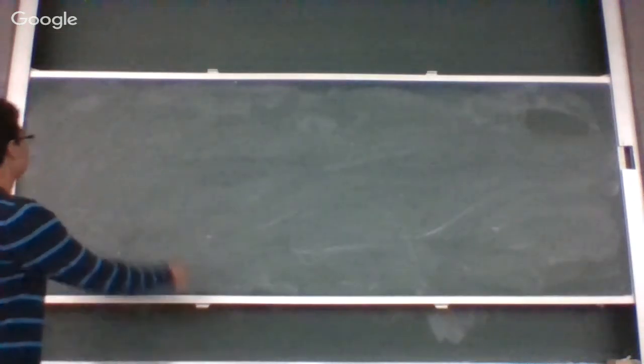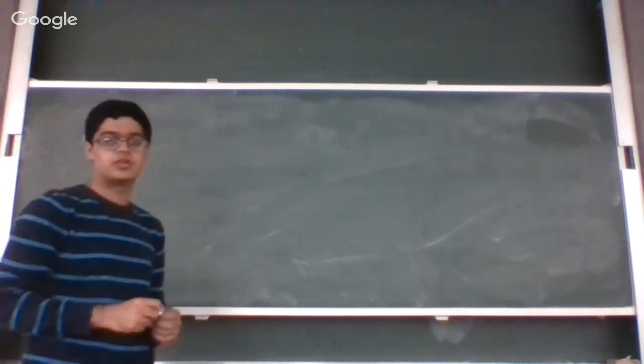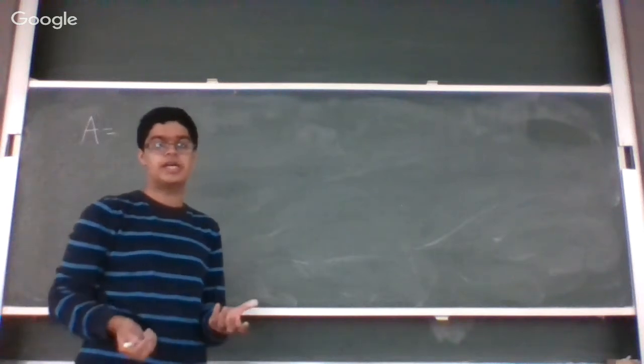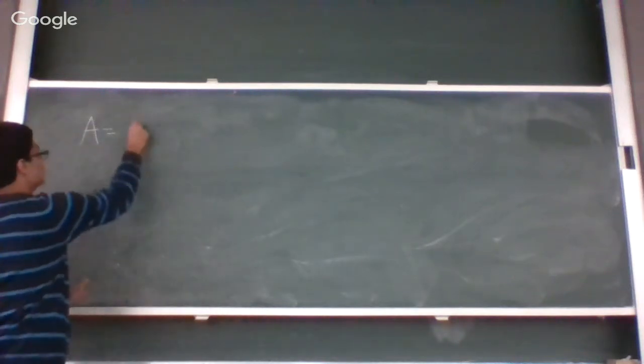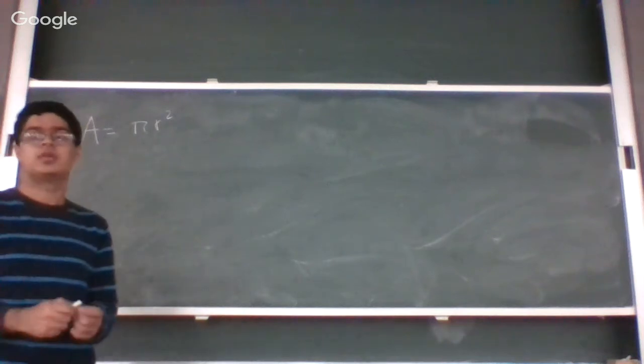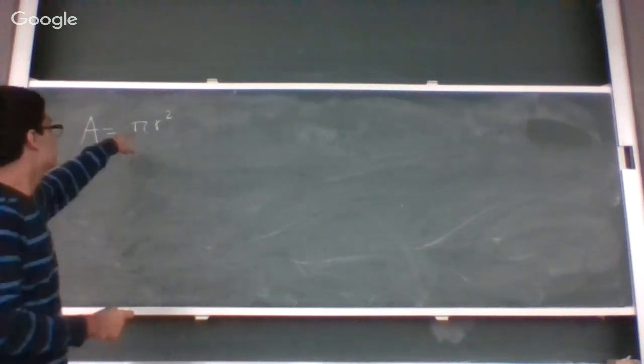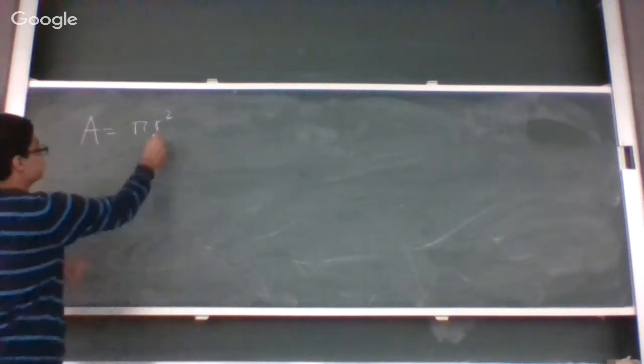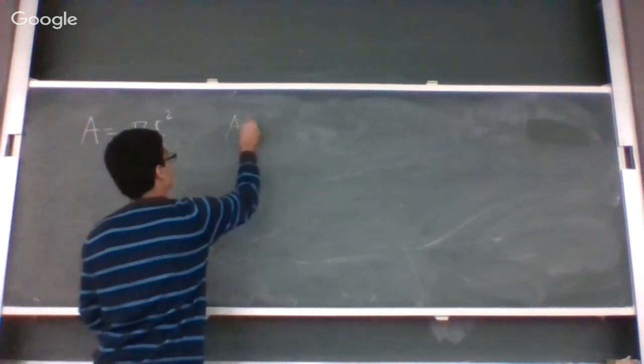So let's cover some related rates problems. These can get pretty tough. So the first one that they do is just looking at a circle. Area of a circle is pi r squared. A is in terms of r, so this can be written as